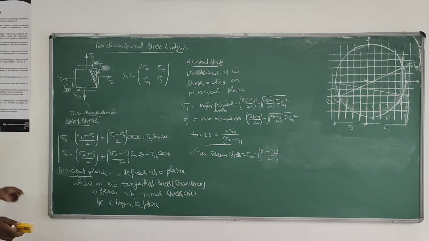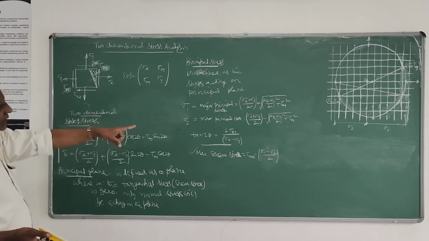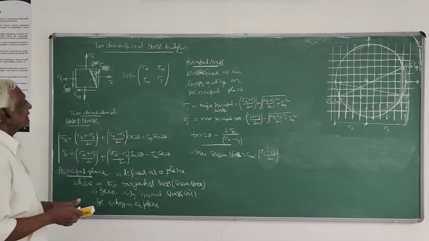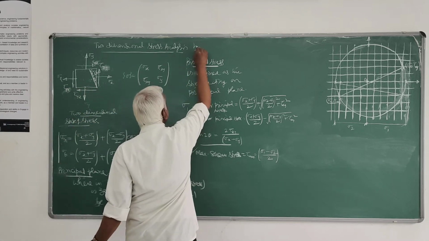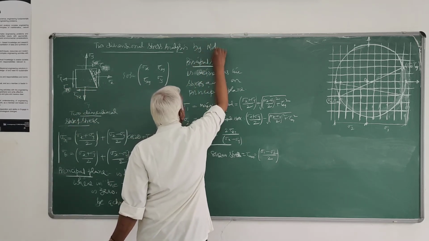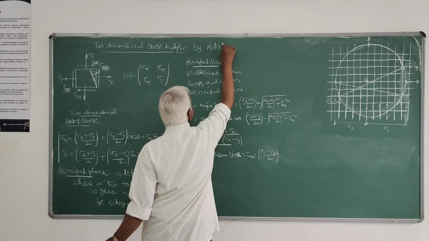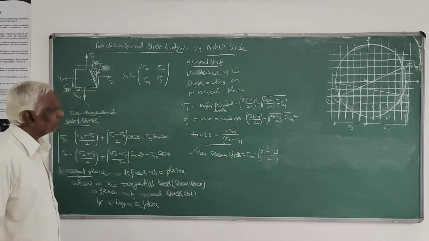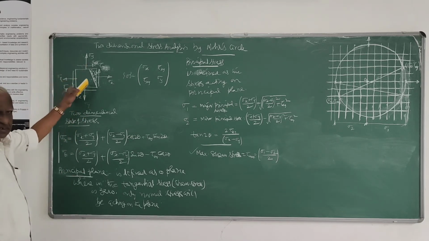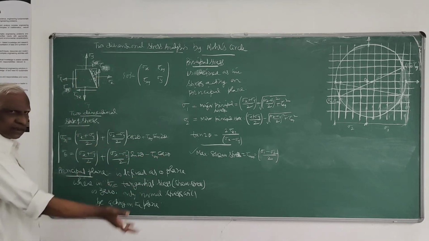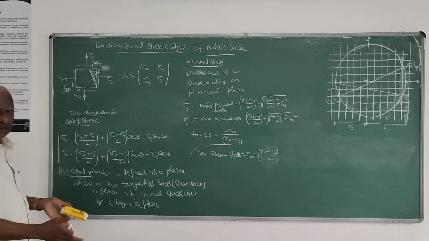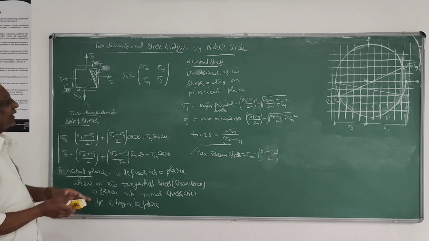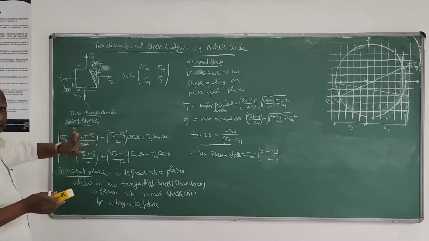So this same problem, analytically, which you have solved in class, we are here solving by graphical method, which we call Mohr's circle method, which is a graphical method. So the given state of stress is represented in a two-dimensional graph sheet, and you can calculate without any calculation.